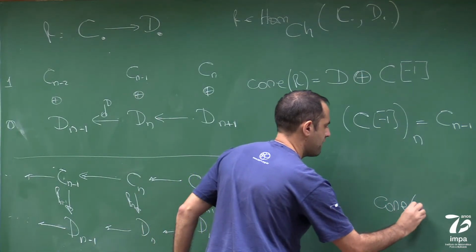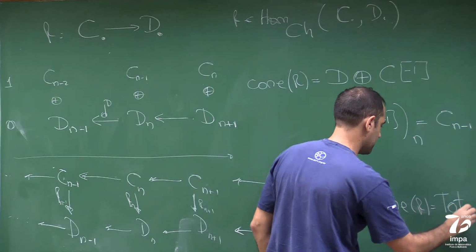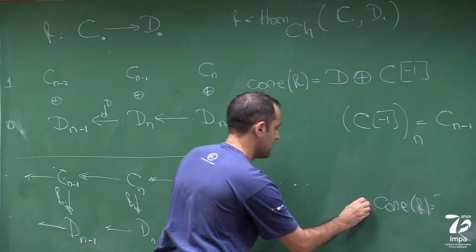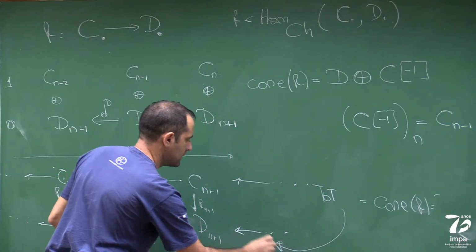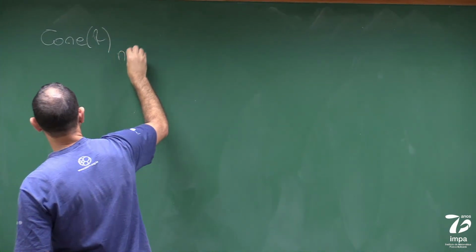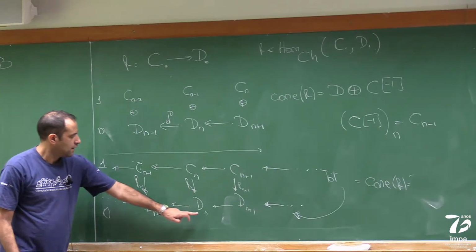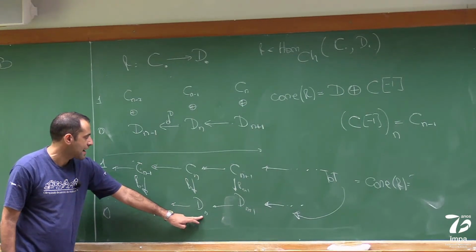So cone of F. And I'm going to fix the signs in a second so that it agrees with whatever the book uses. It's the total complex of that thing. Just write it here. Cone of F is the total complex of this double complex. Okay, so the total complex was a sum of this double complex in row P, column P and row Q, such that P plus Q is n. That's what I put in degree n. So the cone of F in degree n is a direct sum of things that, so this is in row 0, this is in row 1, and this is in row 0 plus n, so this is in degree n, and this is in degree n,